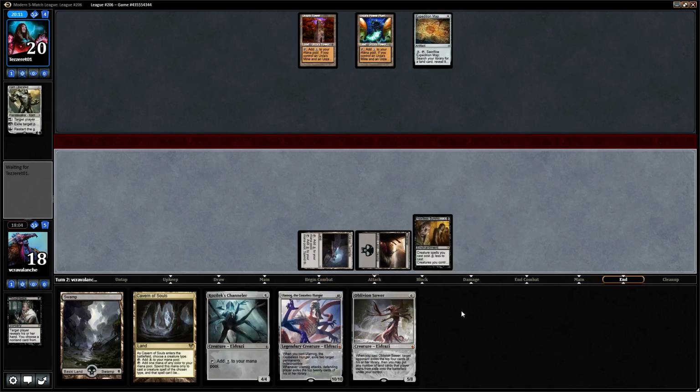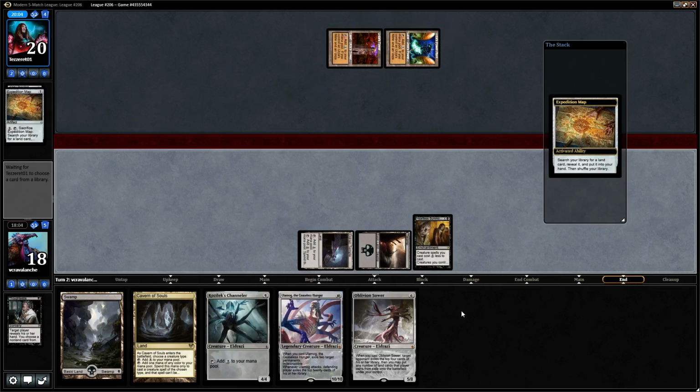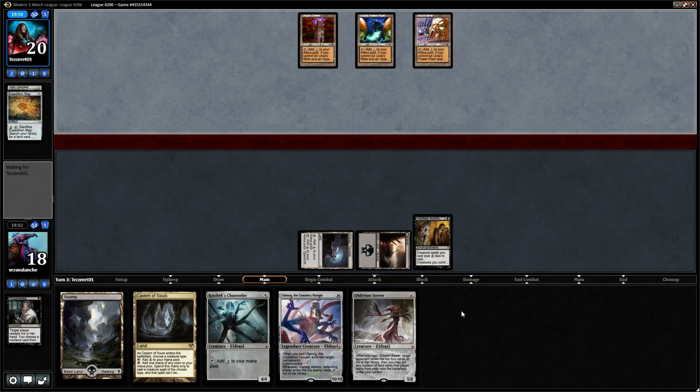So next turn is a Chandler. Or the Oblivion Sower. Let's see. 1, 2, 3, 4, 5, 6. Yes. And then now he's got to draw into another Karn. I just hope he doesn't luck his way out of this stupid thing. I mean, he does have the Eye of Ugin, so we have to race an Emrakul. And he does have the natural...